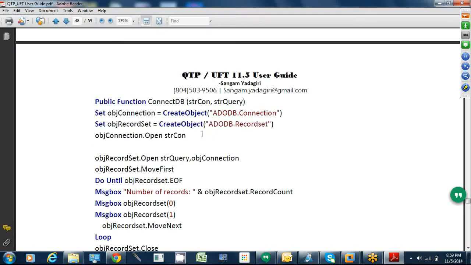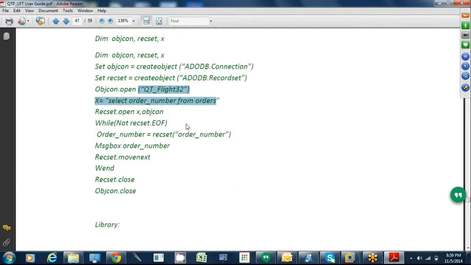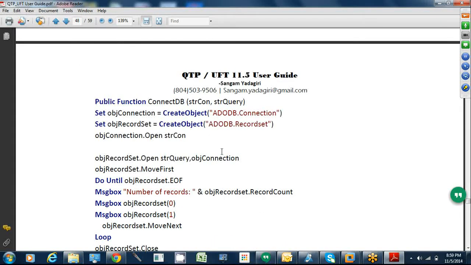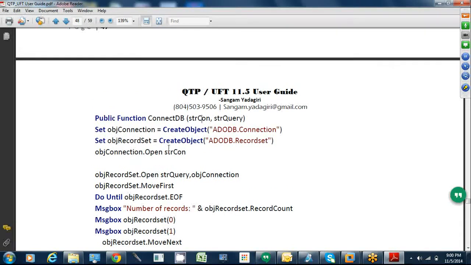The only thing is, you can ask why I am not passing the database name here. Always when you are opening the database, it will ask for the database name, right? So what is this? It's not the database name. Anybody? Because I am passing it as an argument. When I am calling this, I will pass the database name. So this is a variable for the database name, not the database name itself.